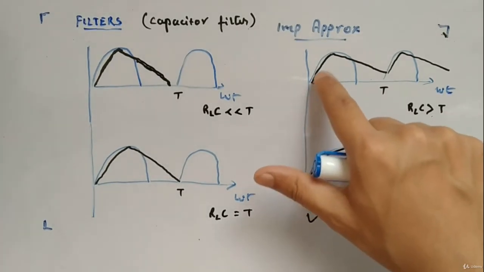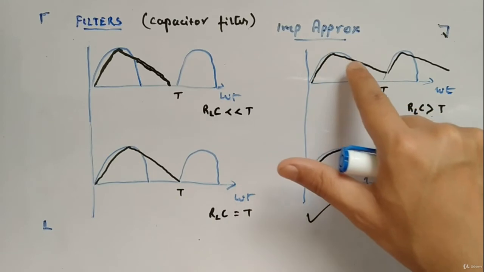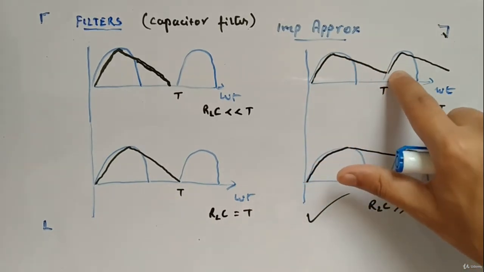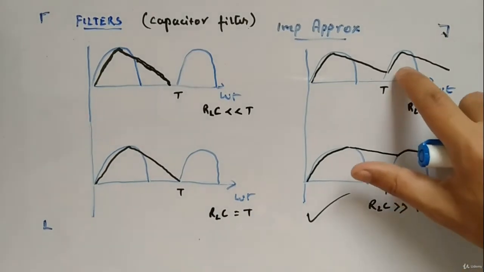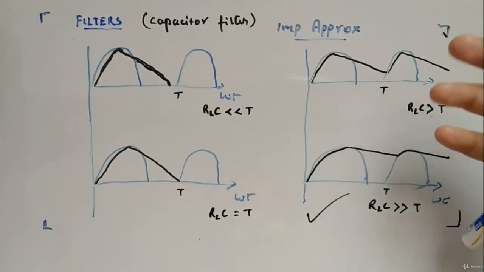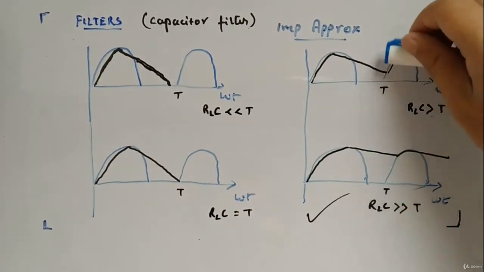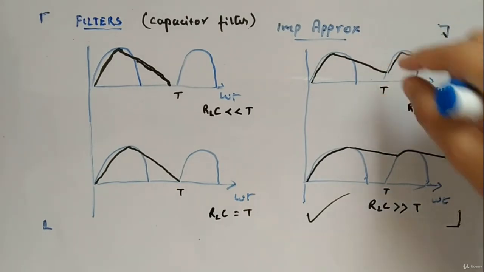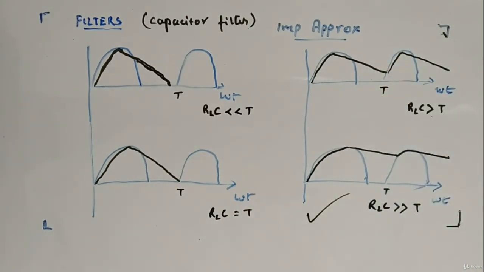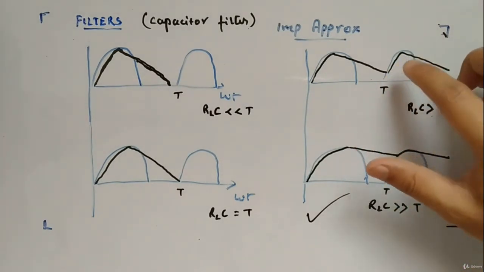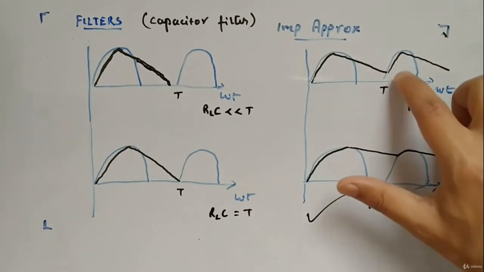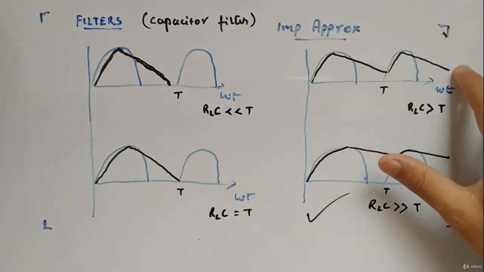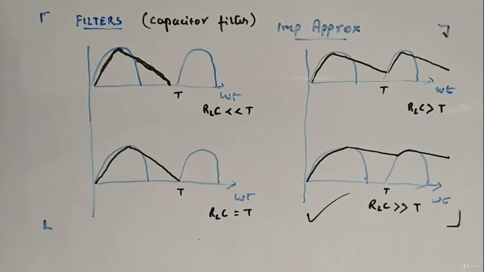So if you will see, the capacitor will charge and discharge, but it will not discharge before T or at time T. So it will lose some charge, that's what will happen. This much voltage difference, it will lose. Then the diode will become on, and again the capacitor will charge from this point to the maximum value, then again it discharges to the same value of the next cycle, then again charges.